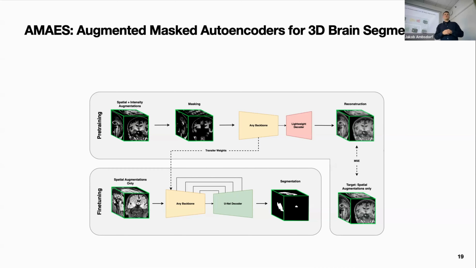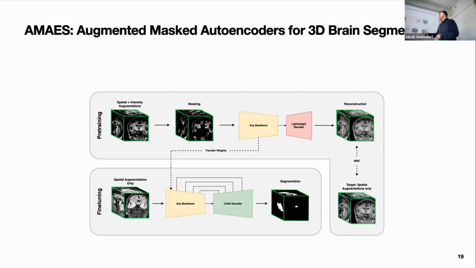Yes, so one reason to do it is just to save computation. But actually it turns out that the representations are also getting a little bit better. So one way to think about it is you shift more of the expressivity into the encoder. And then even if you don't have that much in the decoder, you're still able to reconstruct. So I'll show some ablation on this as well.